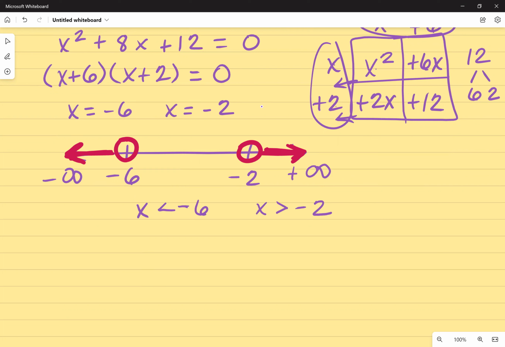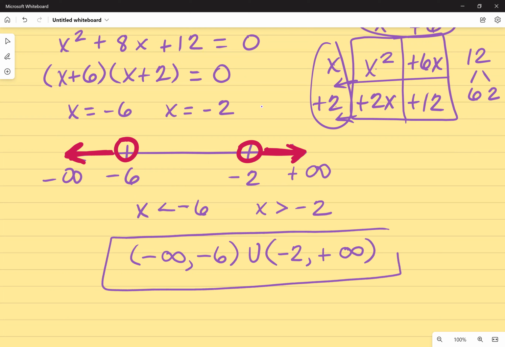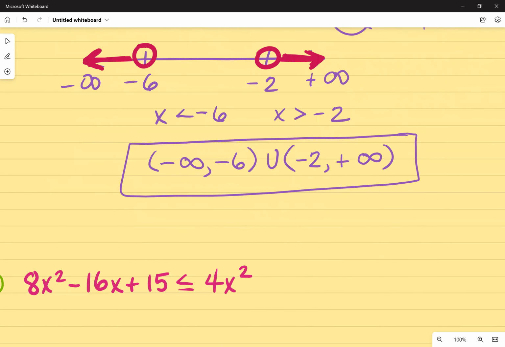As interval notation, parentheses, negative infinity to -6. This time I'm using parentheses because it's an open circle. Another set of parentheses after my union, -2, and I'm going to positive infinity this time. So this interval notation does not have brackets at all. It's all parentheses. And our final example,